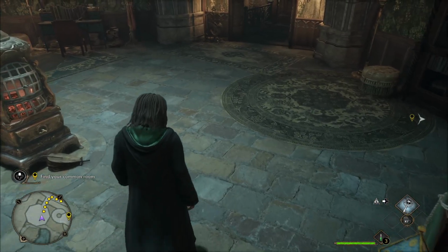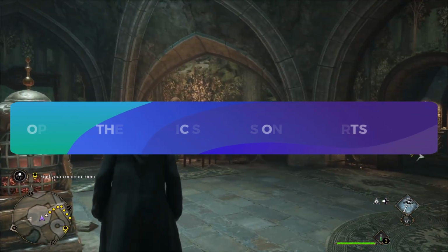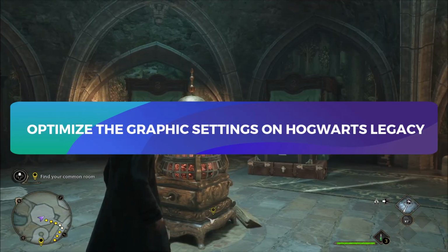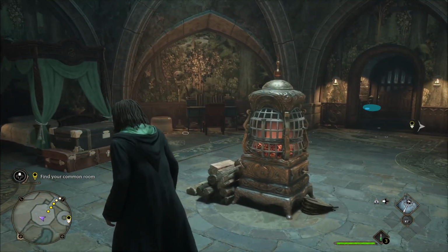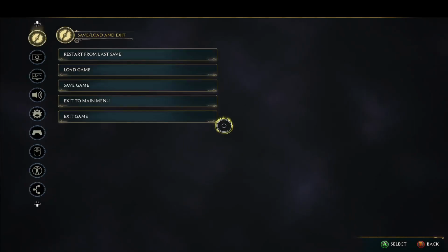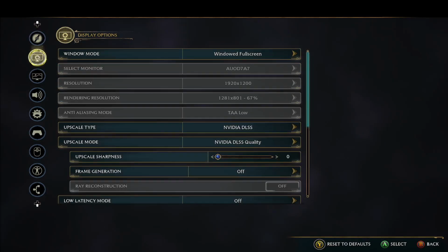If you want to optimize the graphic settings on the Hogwarts Legacy game to get the best performance on your device, then just follow these steps. You may either go into the settings right from the main menu, or you can pause your game by pressing the start button. Now, from the left panel, navigate into display options, from which you can choose your resolution, and